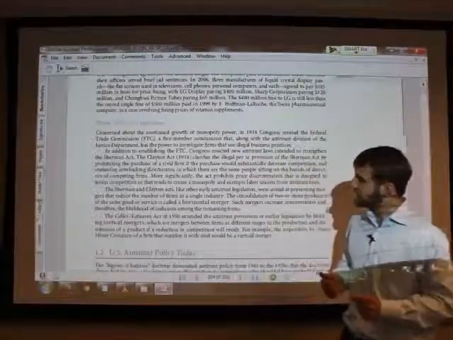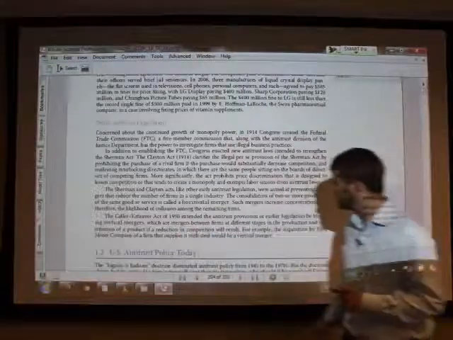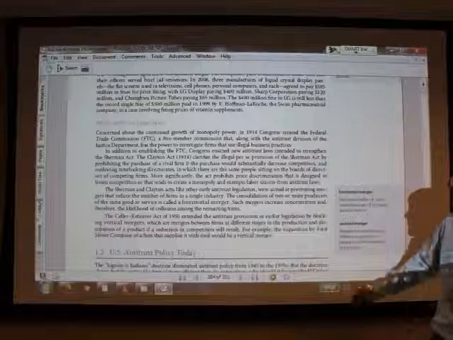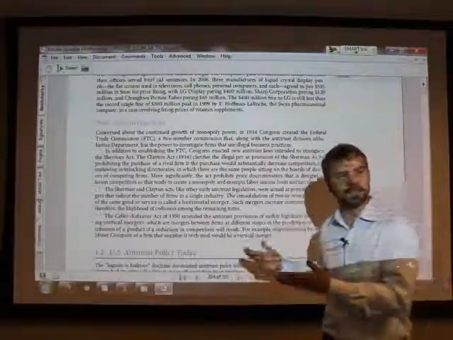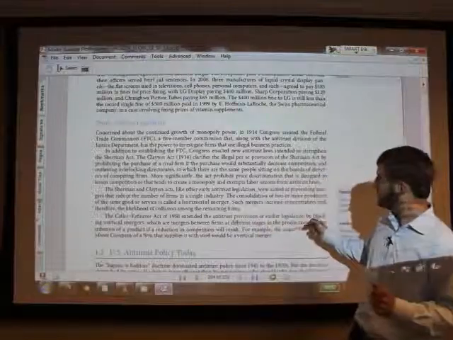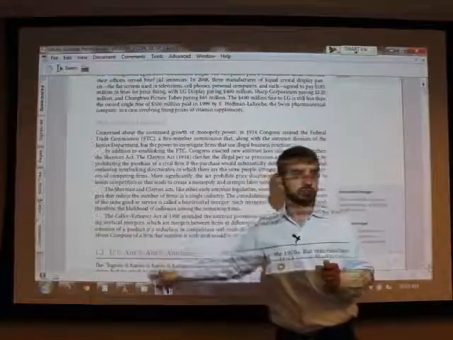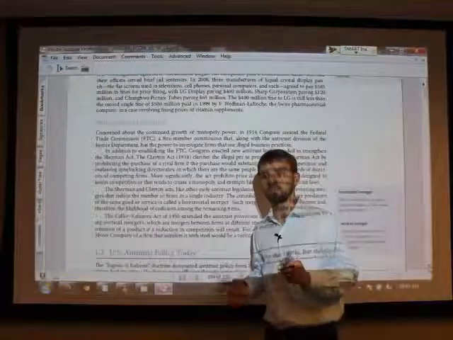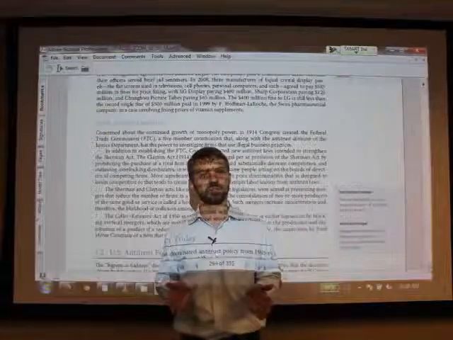The other main act that the book discusses is the Celler-Kefauver Act of 1950. And all of these acts do a number of things, but the book just highlights some of the main ones. This one tried to block vertical mergers that might be anti-competitive. So what's a vertical merger, and how does that differ from a horizontal merger?